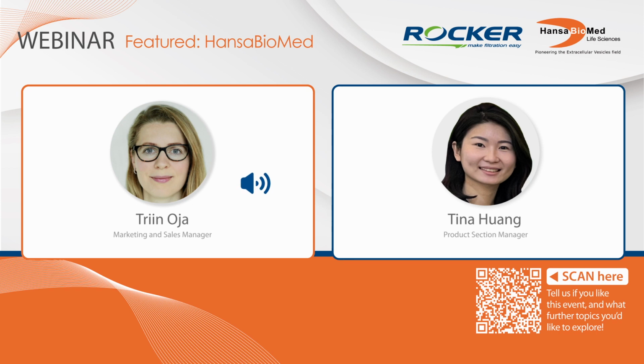An alternative to the TFF for eliminating these large vesicles from the sample is to perform high-speed centrifugation. But with that, there can also be contamination, because you never obtain all of the vesicles with centrifugation. And secondly, yes, that can affect the preparation, while TFF is a good way to fractionate all the biomolecules, and it also has increased